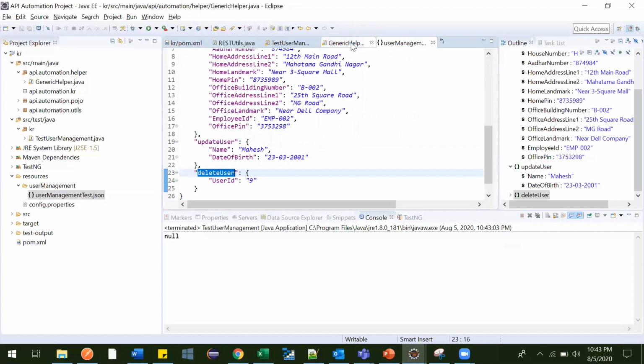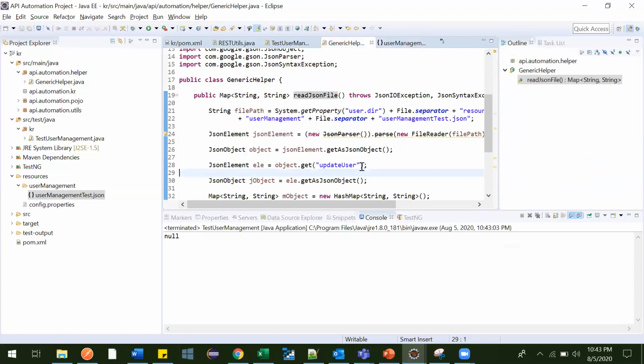As we can see in the generic class, this is the variable, and this is what it is pointing to. So we can make it one String, and pass it as a parameter in this. String methodName. So we wrote one method name, and this method, we'll pass it here. Now we have generalized it.